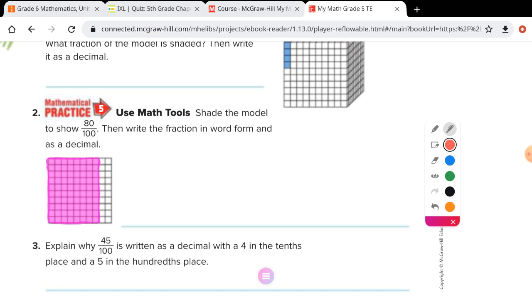Then it says write the fraction in word form and as a decimal. So how do I, to do word form, if you can say it properly, that gives you word form. So Gabe, how do I say that fraction properly? 80 Good job, 80 hundredths. So let's write that out in words. Ooh, not that big words. Change my pen back to the skinny pen. 80 hundredths